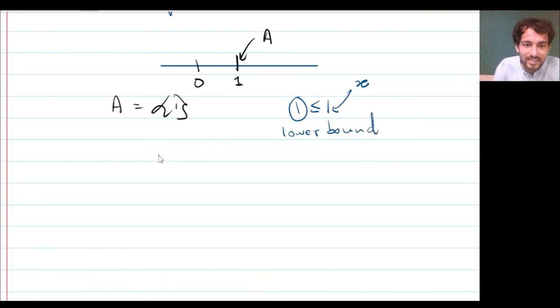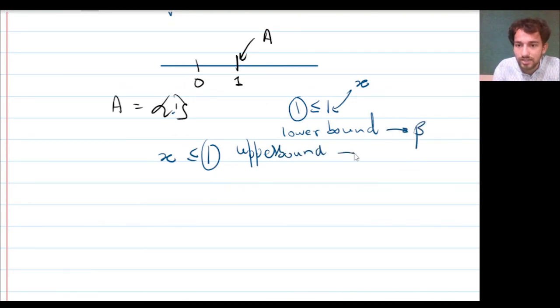Now if I see x is less than or equal to 1, this x is of course 1, then 1 is an upper bound. So if I call this lower bound beta and this upper bound alpha, then of course my beta equals alpha. In the previous case, my beta was less than alpha. In this case, beta is equal to alpha, but you will see geometrically and intuitively that it cannot happen that